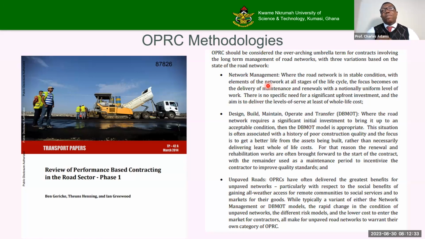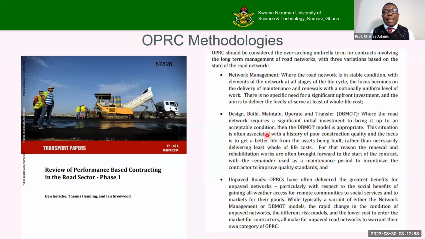So here you can give a whole network, maybe 300 kilometers of gravel road or paved road, to a contractor or contracted entity. And you give him the task to manage the network, and you are only determining maybe the condition of the road in terms of some performance indicators. And then that is the basis on which he's paid.